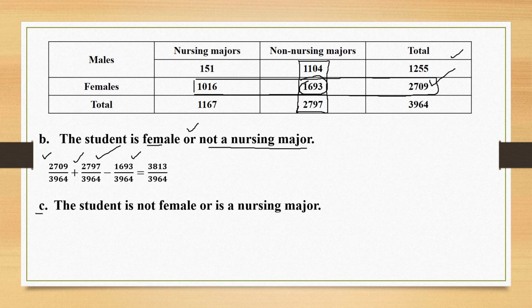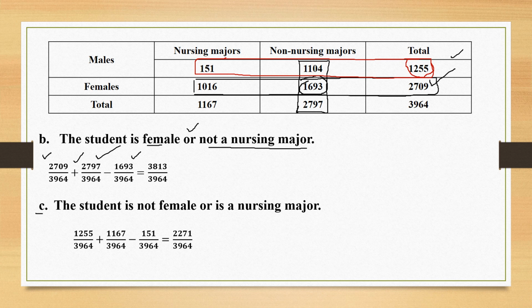Now look at part C. Part C is the student is not female. If the student is not female, then definitely it will be a male student. So how many total male students do we have? The total number of male students we have